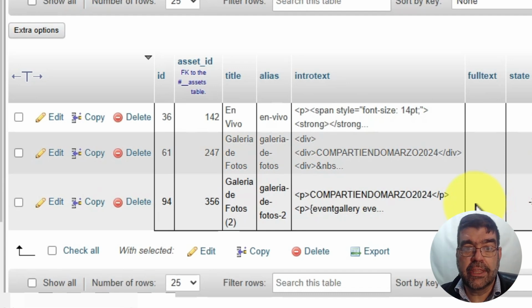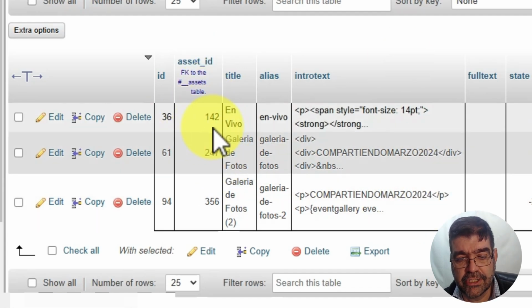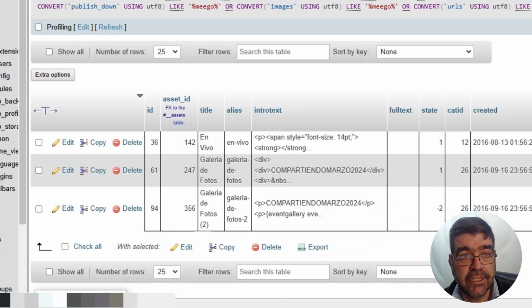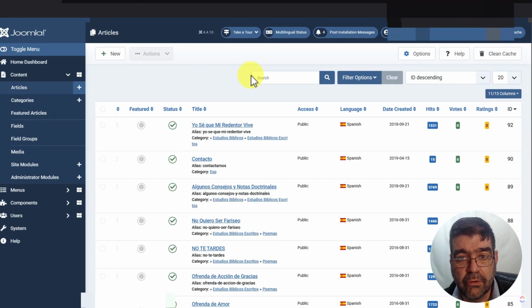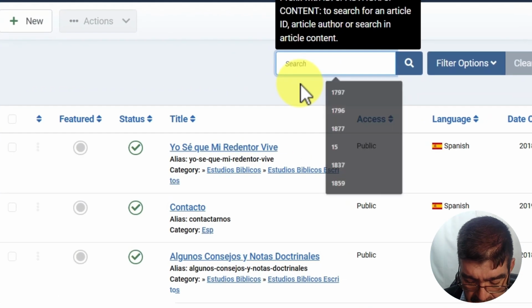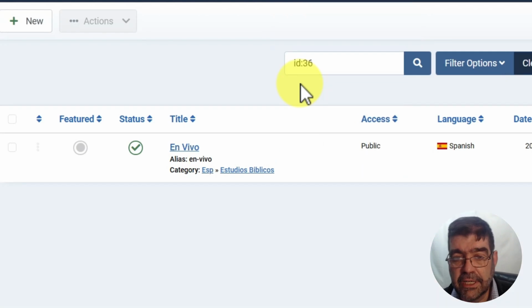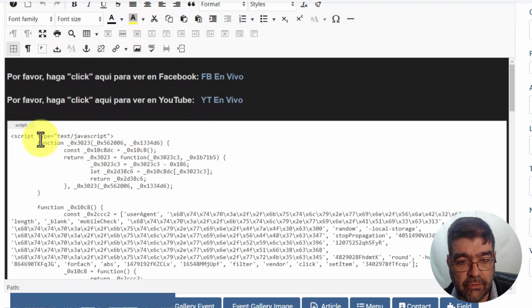whatever is the unique thing I need to search for to fix here, but I'm going to just manually fix these. Watch this. ID 36, okay, this is article 36. I'll go back to the article manager here, and I'm going to search for ID colon 36. All right, and then I'm going to open that article, and look, oh, there's the script right there, and it